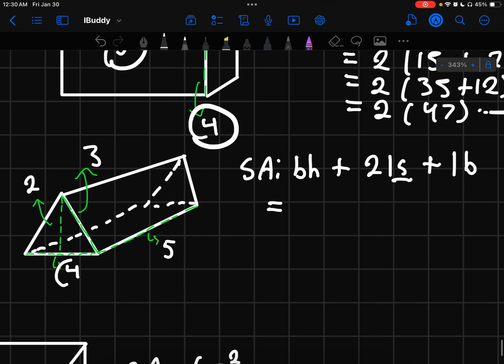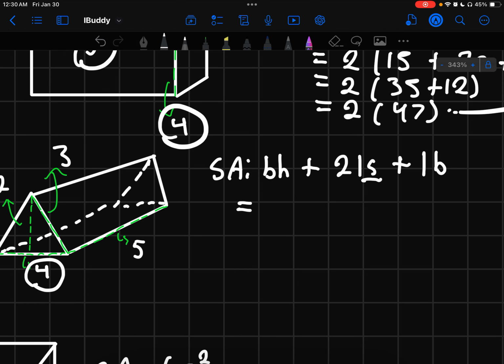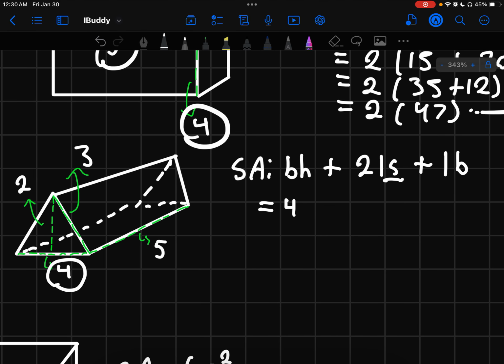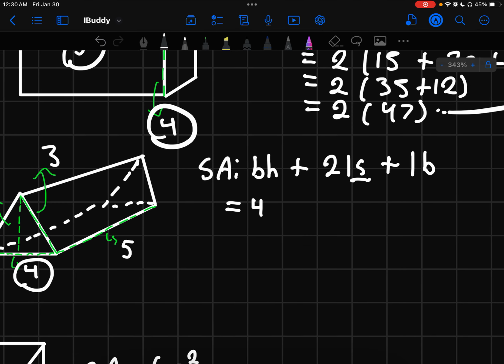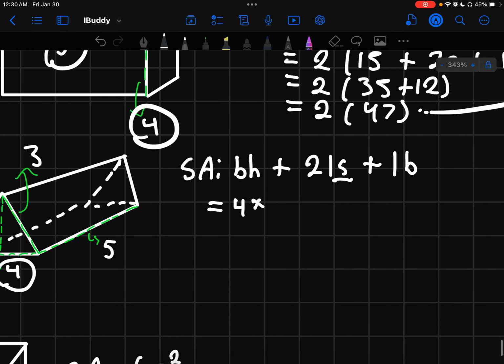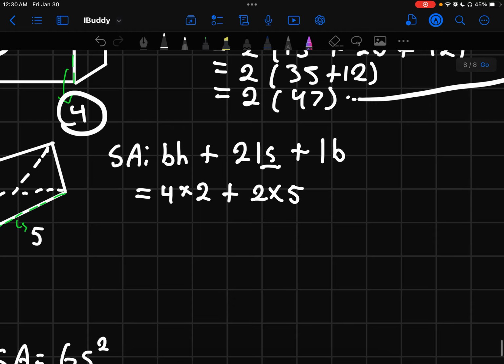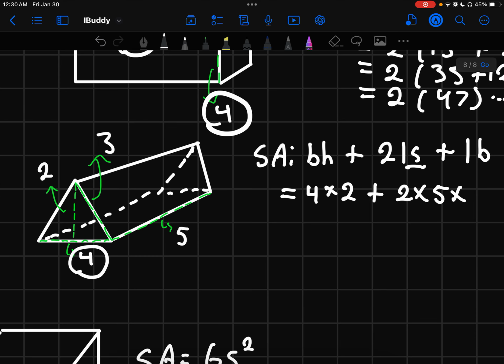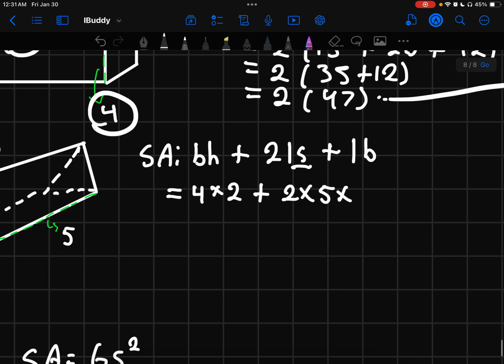The base, which is 4, so the 4 times the height, which is 2, plus 2 times the length, which is 5, times the slant height, which is 3,